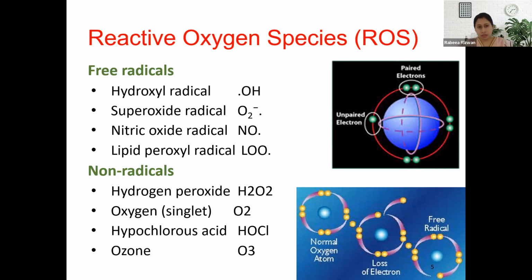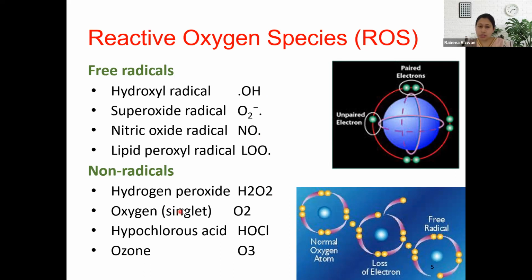So these are the differences and the examples of free radicals in our body that cause oxidative damage in our body: hydroxyl radicals, superoxide ions, nitric oxide, and peroxyl ions as well. However, non-radicals have no unpaired electron,